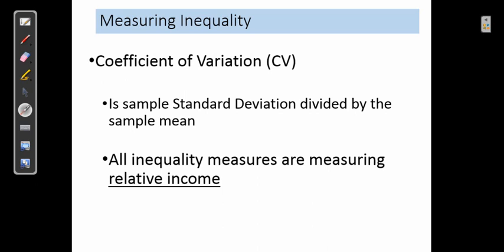However, it's important to know that all these inequality measures are generally in relative terms, which means that in all the formulas that we have seen and discussed till now, we are just comparing the groups. We are comparing low income group with high income group. We are comparing groups with less consumption with high consumption. So all these are known as relative measures of inequality. It's extremely difficult to know the absolute level of inequality.